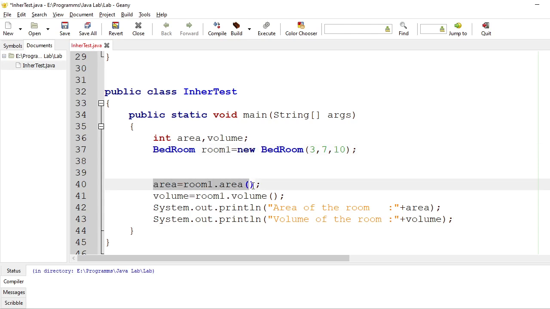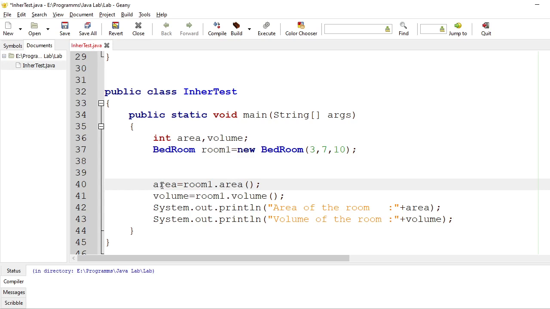Then I have called here area. I already mentioned that the base class method is available in the derived class. So area is actually available in room, which is also available in bedroom. So I can directly call room1.area. It will calculate the area from the length and breadth.